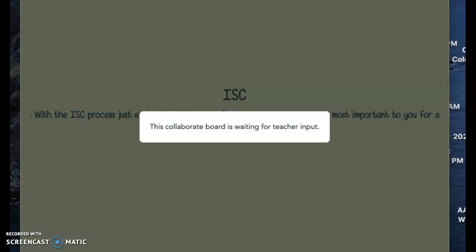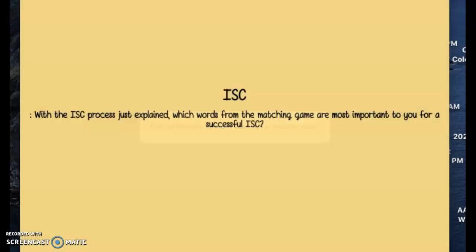From that process that I just explained to you, you send them to the collaboration board and ask them a question: with this ISC process just explained, which words from the matching game are most important to you for a successful ISC? Tell them there's no right answer here, but I'm curious, now that I've explained the steps and processes of an ISC in a little more detail, which of those words from the matching game do you think are more